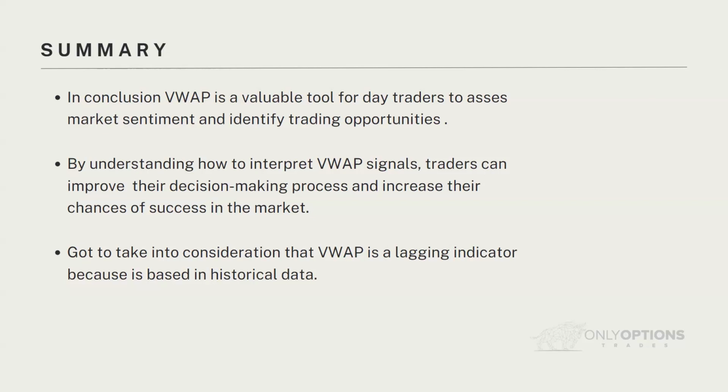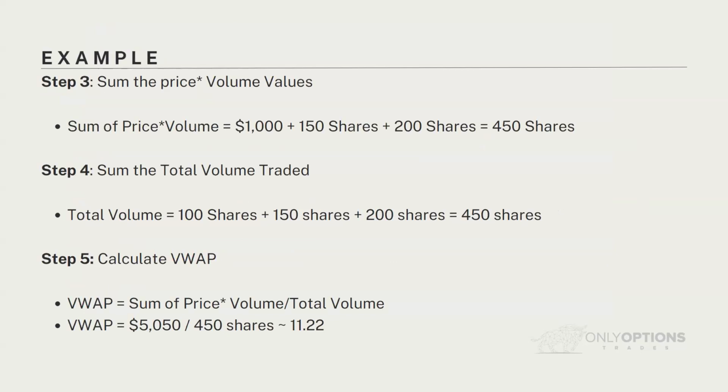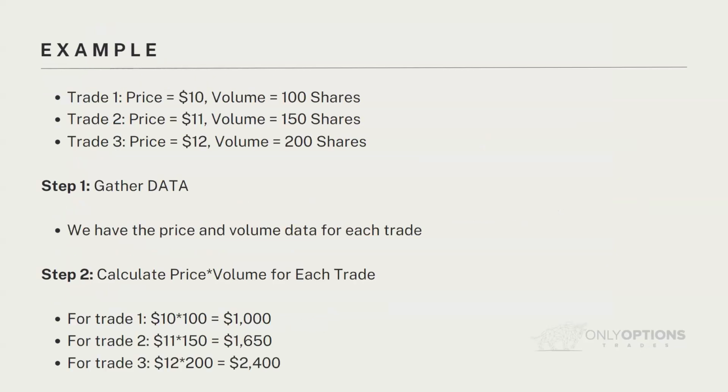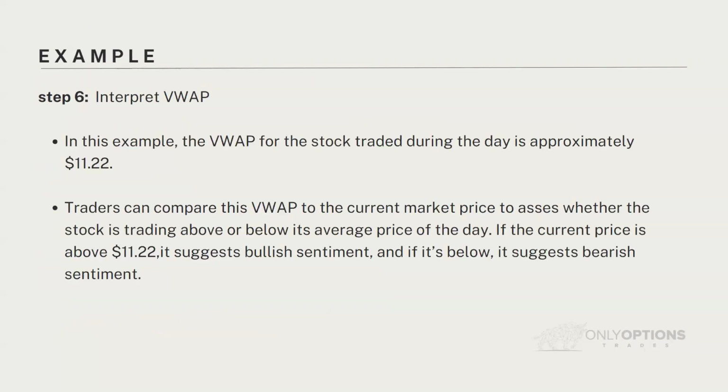So we will see more samples that I really like. I just wanted to share how easy it is to calculate if you would like to. It's just the sum of the price of that specific level. If you want to calculate it for certain levels that you have and see where the VWAP will be, you can actually calculate it for the future. Just remember to add the prices that you're interested in, and the volume or the float at those prices. You can find all that information in any brokerage.